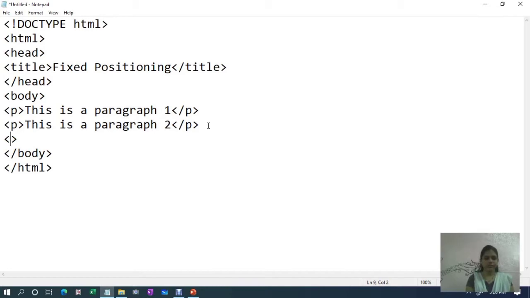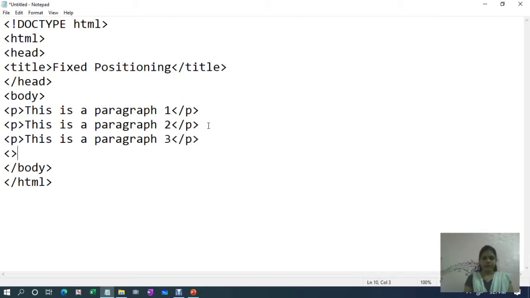Again, suppose P tag, end of P. This is paragraph 3. And fourth one, suppose P tag, end of P tag.